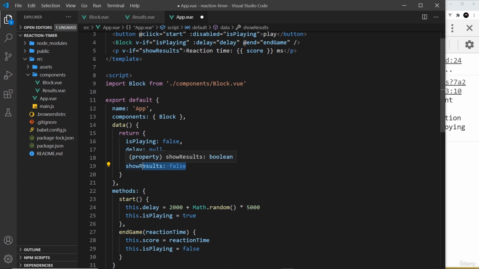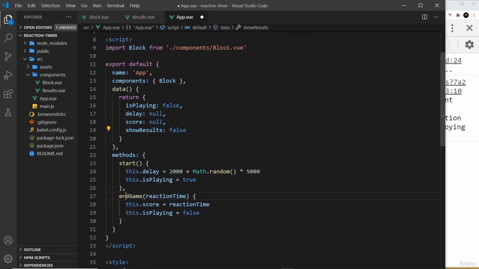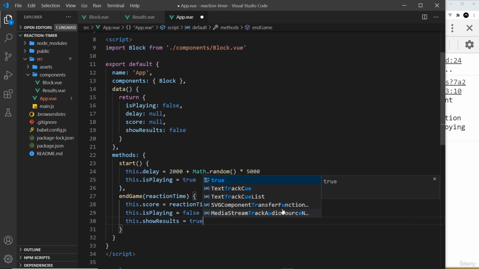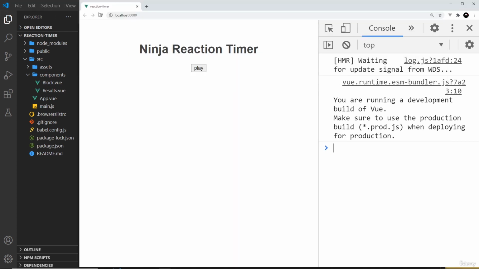Now, how do we set this to true when we want to show it? Well, we can do that at the end of a game. So I can say this.showResults is now equal to true. So save that and then come over here and refresh. And now it doesn't show to begin with, but it should show at the end once we've clicked on this